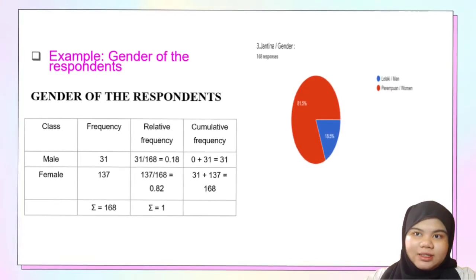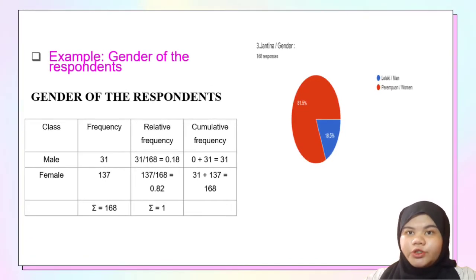We have 168 respondents. So, to calculate the frequency, we need to calculate the number of males and females separately according to class. The class is divided into two, namely males and females. To calculate the relative frequency, we must take the number of one class and divide it by the total number of respondents, while for cumulative frequency, we need to take the amount of data before and add it to the